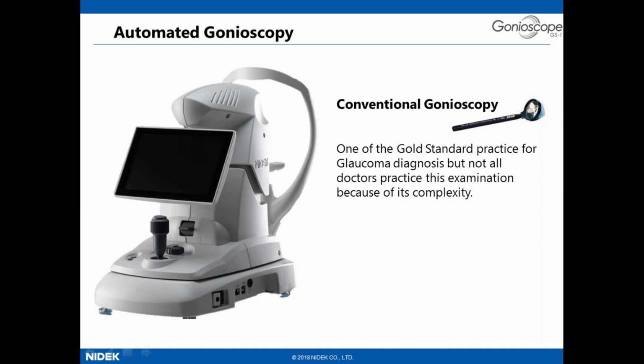So as we have been reviewing conventional gonioscopy, gonioscopy is the gold standard practice for glaucoma diagnosis. But as we said before, not all doctors perform this examination on the patients who need it. One reason may be that it's a very complex examination. So what we want to do with our automated gonioscope is to make this examination something more familiar, something more standard, something that everyone can do,